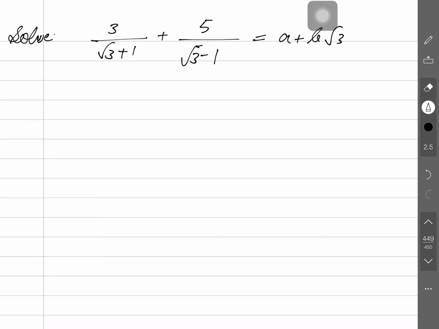So what type of expression is this? The left side is not in the p by q form, or it is not having the denominator 1. Here the denominator is an irrational term. So obviously we can understand this has a denominator with an irrational term.